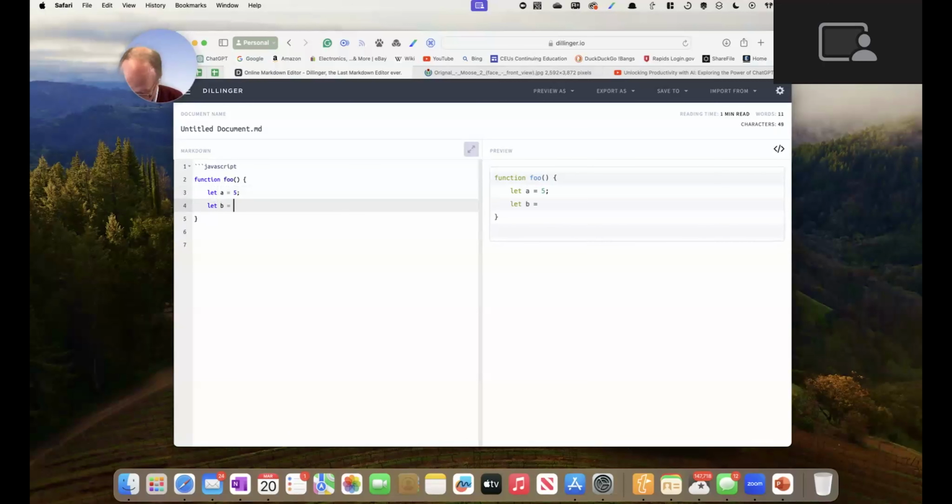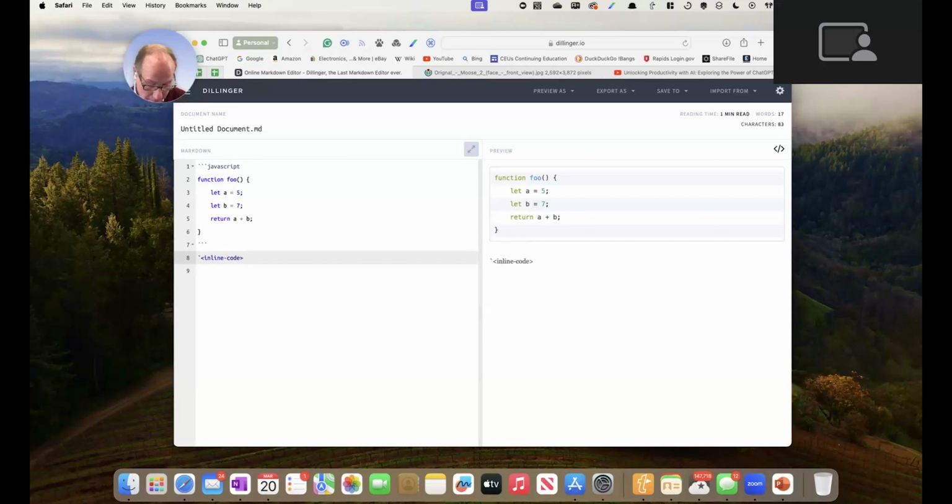So to tell it that we're finished, we're going to go 3 more grave accents after that, and then we can tell it what kind of code it is or what kind of command. So this is going to be another grave accent. Oops. And then less than, inline code, and then greater than, and then a grave accent. And that's code. So again, this is pretty versatile.